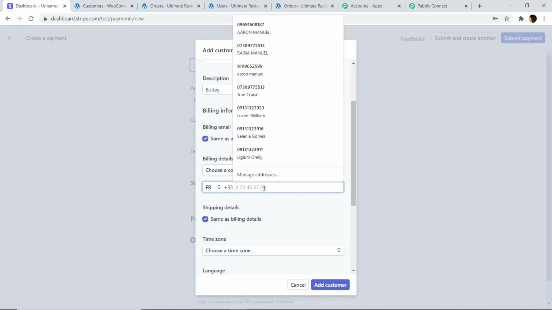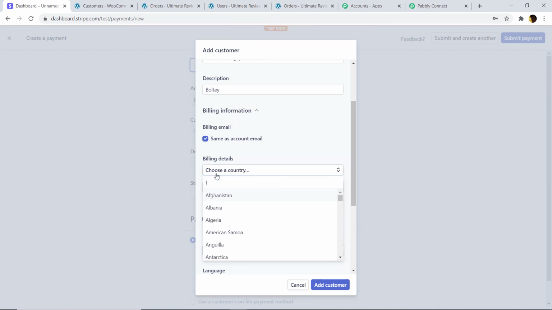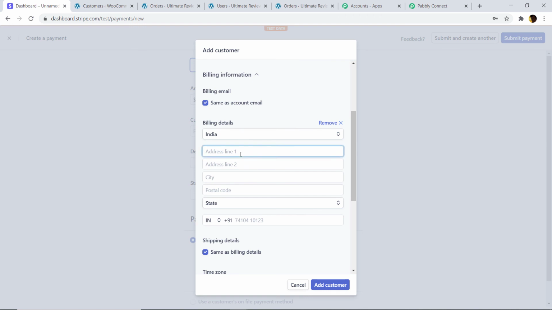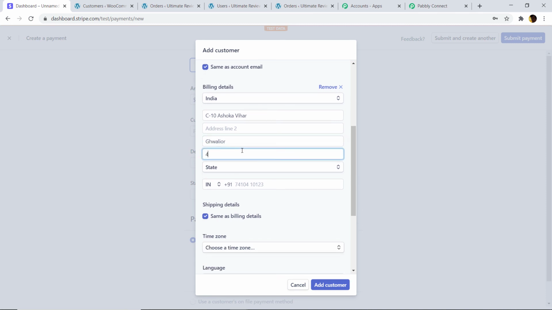So this time let's keep the country as India. That would do. Okay, C10 Ashoka Vihar. Then the address line city is Gwalior or something random. Postal code 462023.